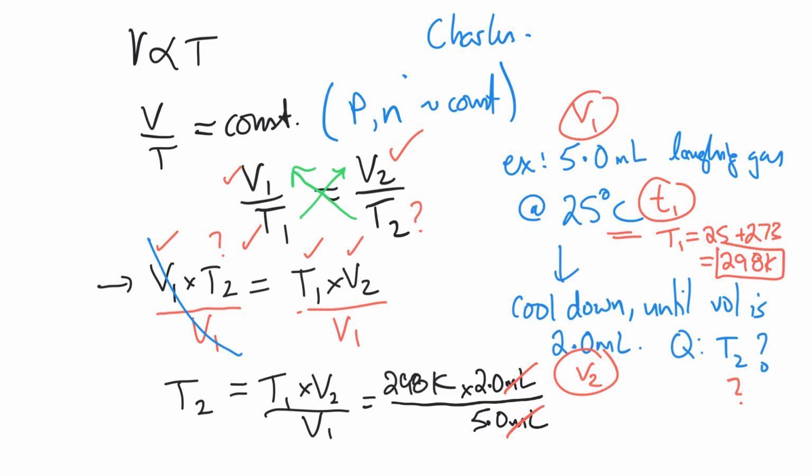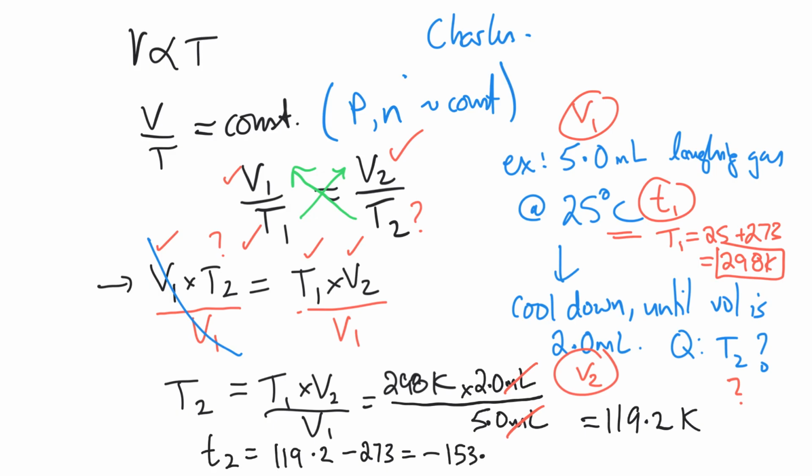And when I do that, I get 119.2. And what are my units here? My units here are Kelvin because my milliliters have canceled out. And I need to convert that to a temperature. And maybe I want to know that in degrees Celsius. So how do I get it in degrees Celsius? Well, I add 273 to get degrees C to Kelvin, so I subtract 273 to get Kelvin to degrees C. And that gets me minus